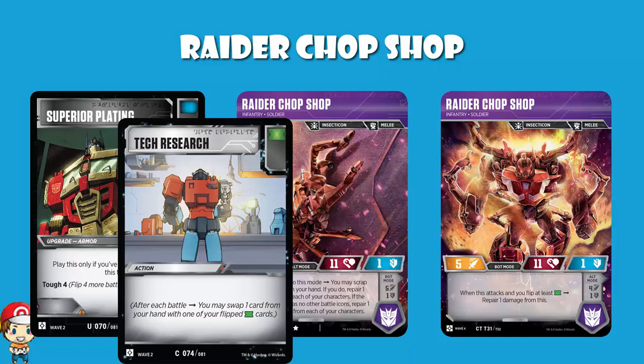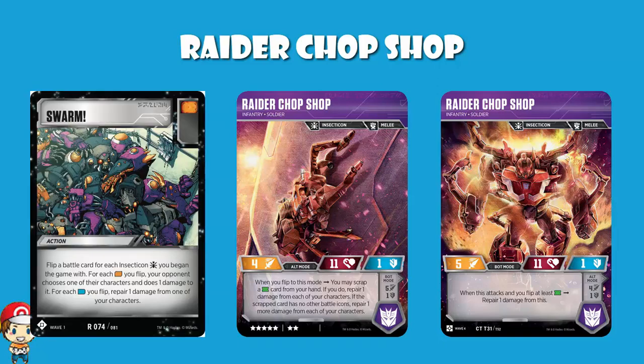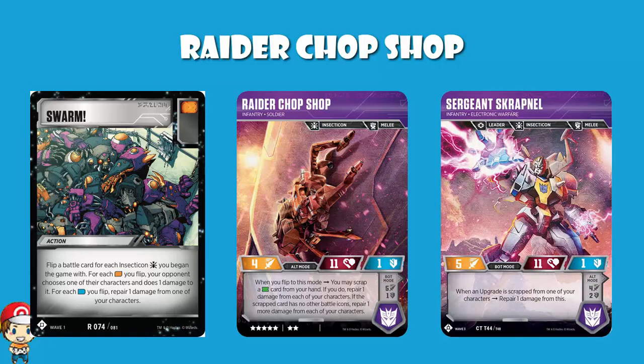Well, at least here, tech research will work in terms of just giving you a card that you can use to fire Chop Chop's ability. Now, you are also an Insecticon, and actually, this is one of those things where we are going to love Swarm. Now, again, Swarm has an orange icon, boo, hiss, etc., but you flip a battle card for each Insecticon with which you began the game, and for each blue you flip, you repair 1 damage from one of your characters. And to be honest with you, between Swarm and Chop Chop and Sergeant Scrapnel, you've actually got a